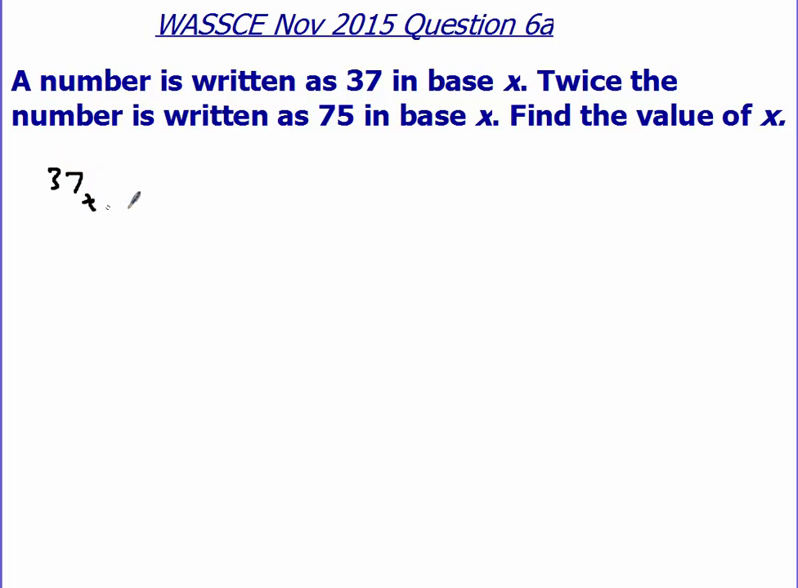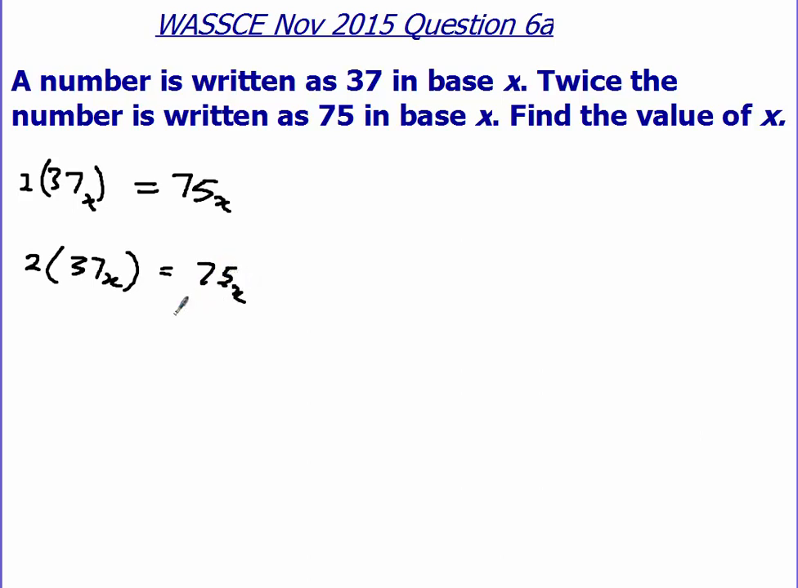So 37 base x is equal to 75 base x. Therefore, you are looking for the value of x. But remember, the question is twice the number. So twice 37, 2 times 37, is going to be 2 bracket 3, base x, equal to